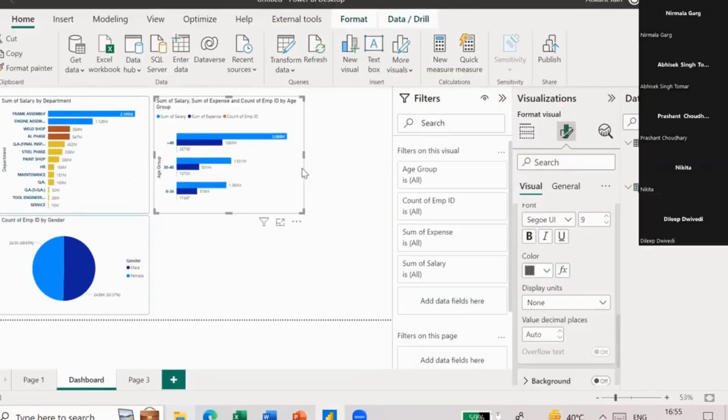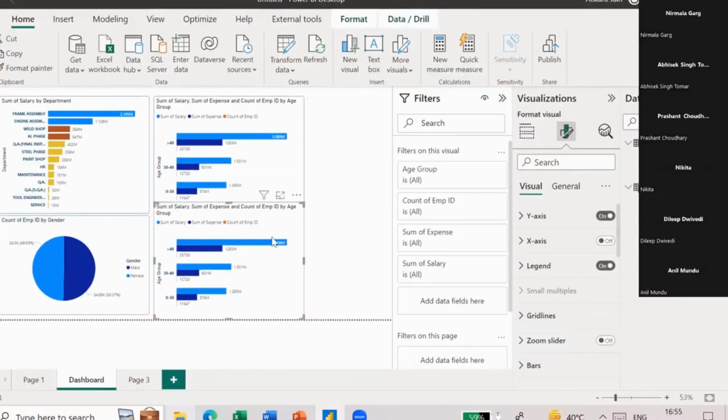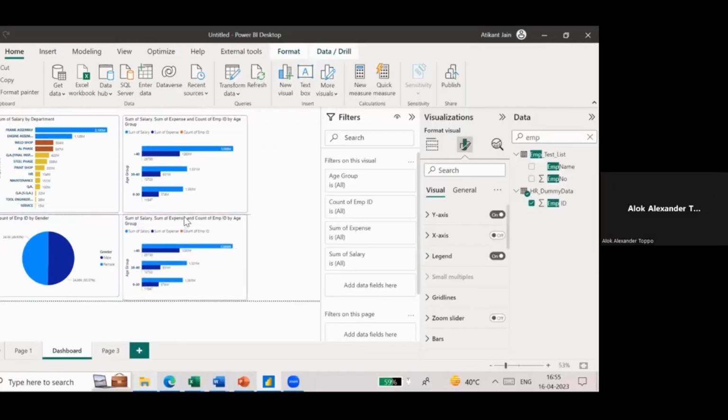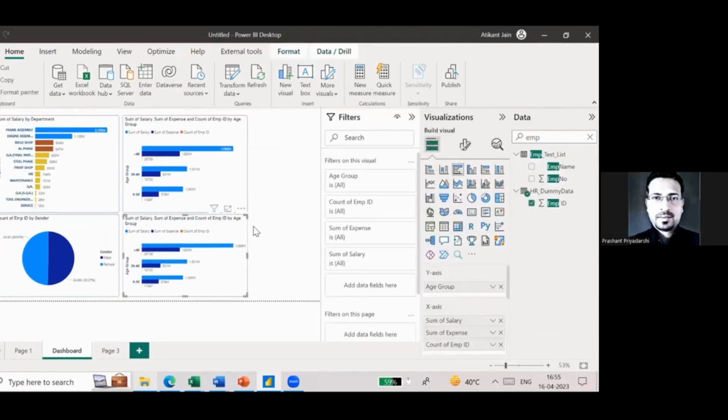Okay. So I'll just show you more dashboard, more visuals. I mean, my next question would be, how do I present it to the senior management? How do I pull these dashboards out of Power BI and share it with them? Thank you so much, Prashant. I was about to ask this question. Okay,